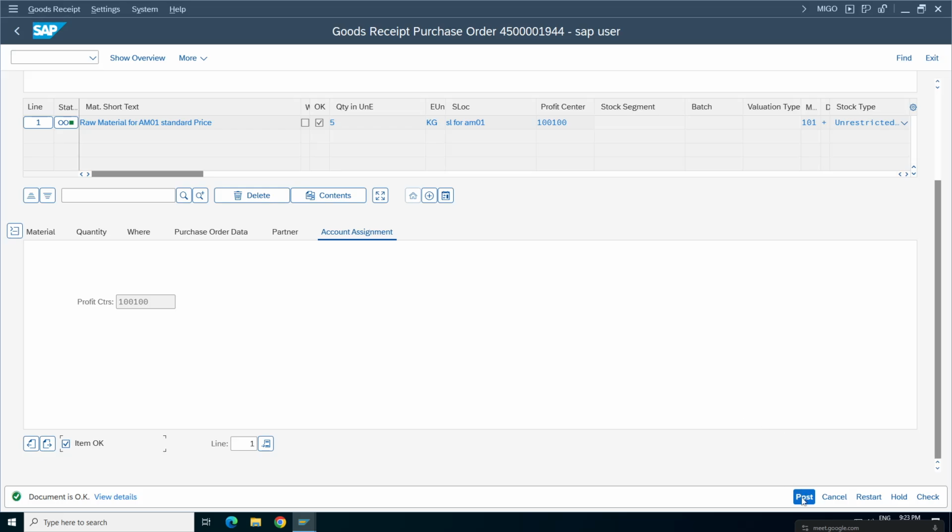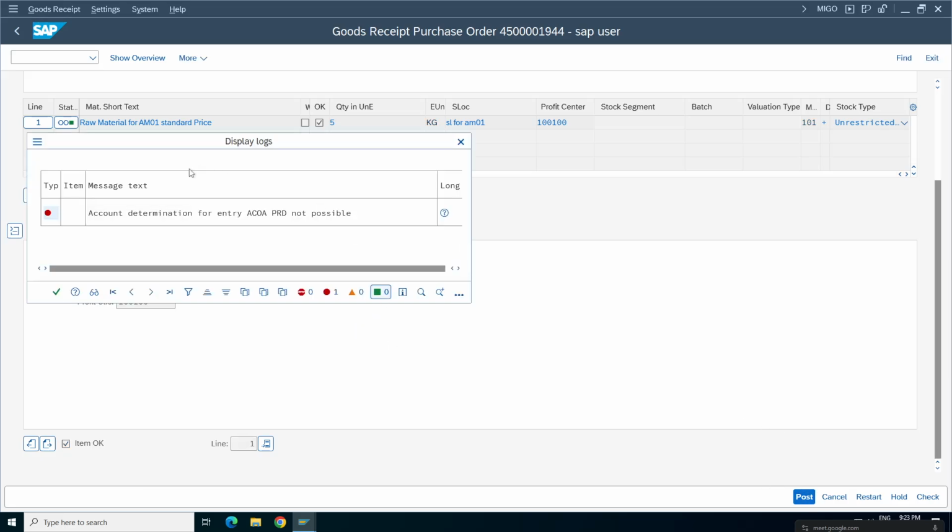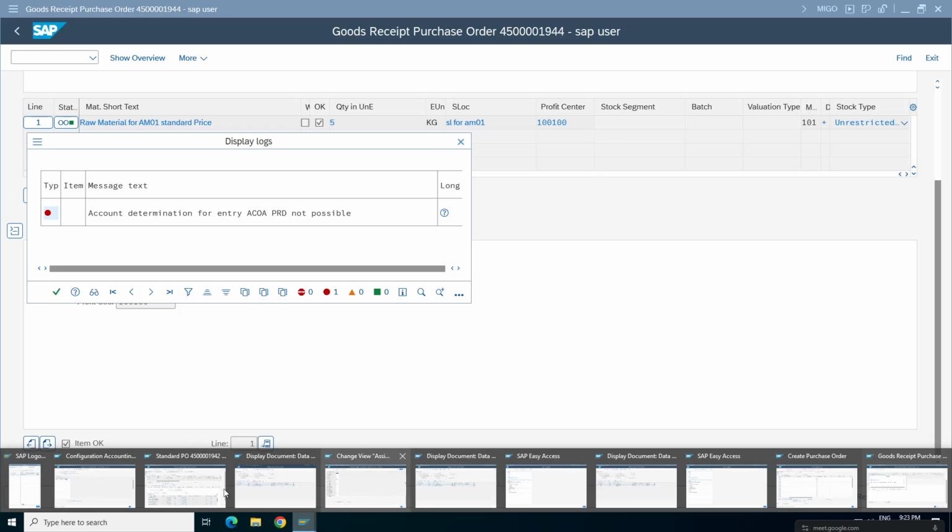Document is OK, click on post. So the system is throwing an error now. Why? Because there is a price difference. PRD means price difference. Go back to your